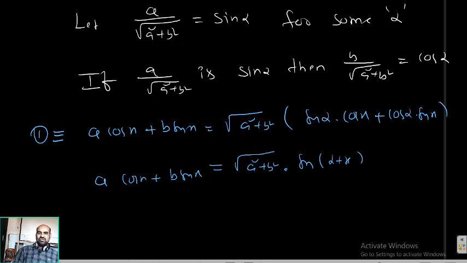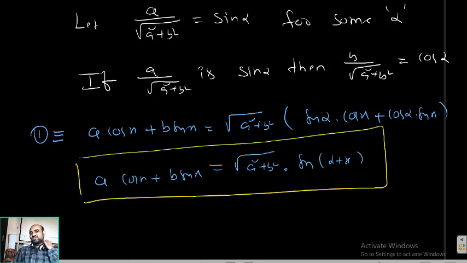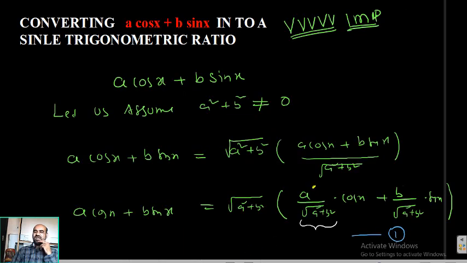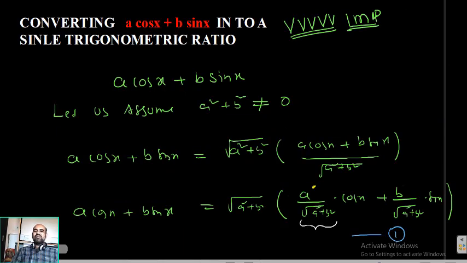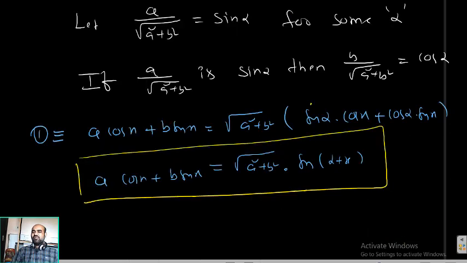So what I did then, I converted a cos x plus b sin x in terms of sin of something or cos of something. Here I made it sin of something. Or if you take this as cos alpha, this becomes sin alpha, and then we get cos alpha cos x plus sin alpha sin x, so root over a square plus b square into cos of alpha minus x. That is not a big issue. So what is the heading here? We just want to convert it to a single trigonometric ratio. It may be sin of alpha plus x or cos of alpha minus x. Okay, I will write that also.